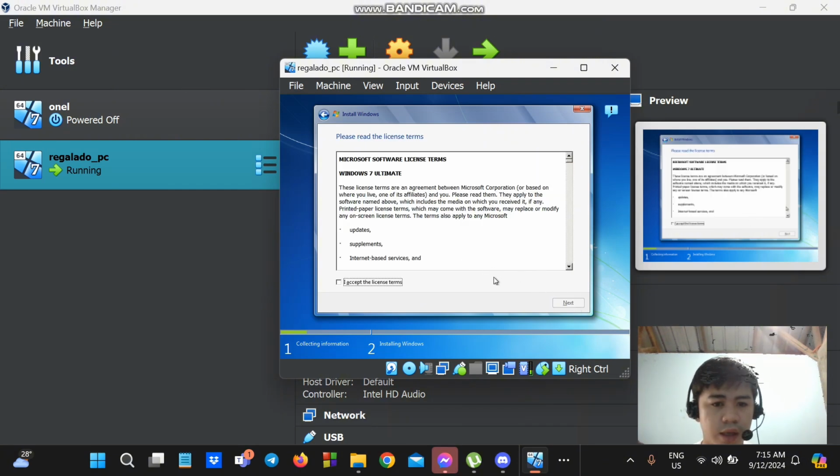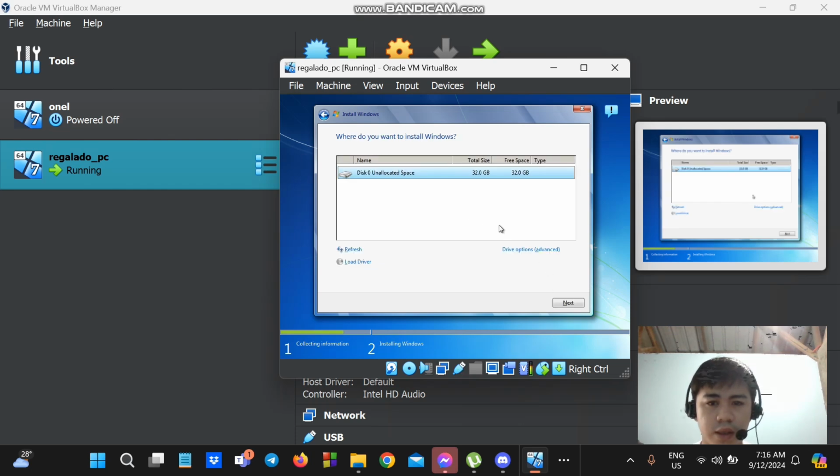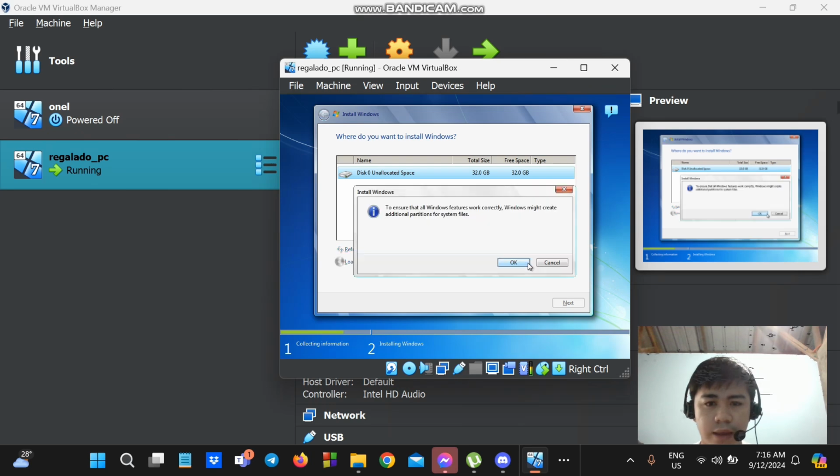Okay, I accept all the license terms. Check and next. For this, you can select custom and this one, you can create new drive, select new and apply.